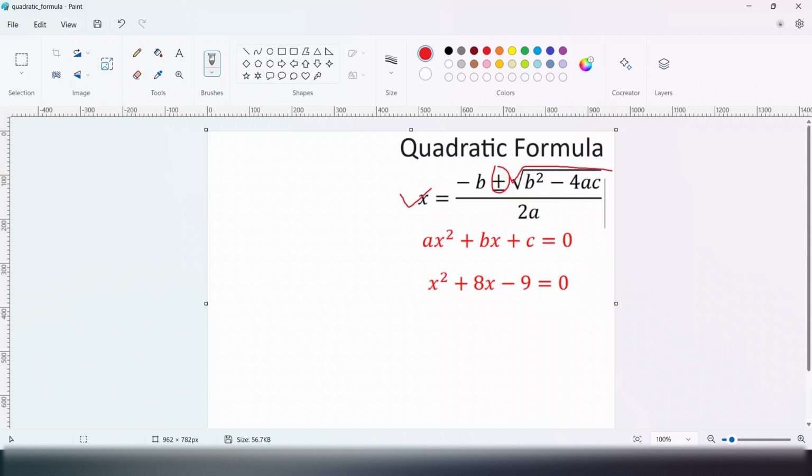So whenever you do any square root to any term, there comes two things. One is a positive number, the other one is a negative number. You will get to learn all those things in high school, but as you are in middle school, you need to have a little bit of the essence of that, so I'm giving you that. So the quadratic formula is minus b plus minus square root of b square minus 4ac divided